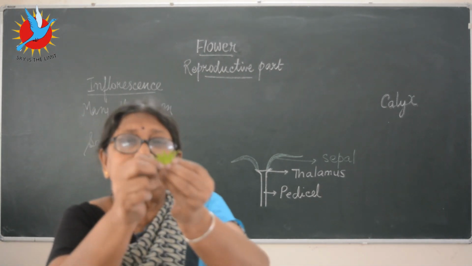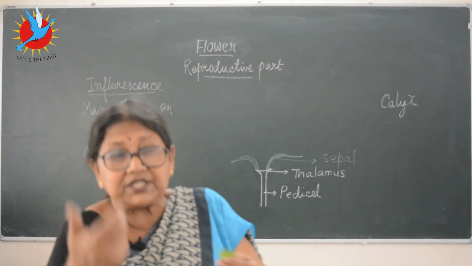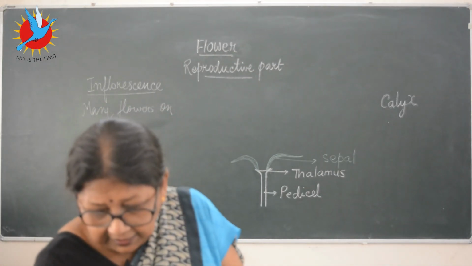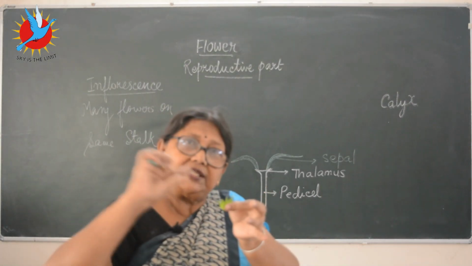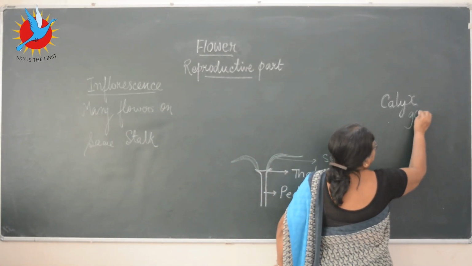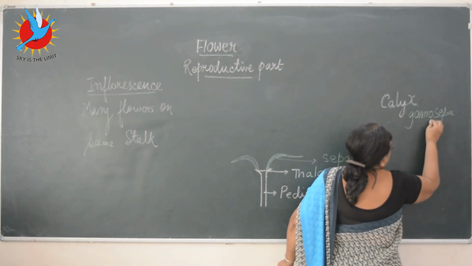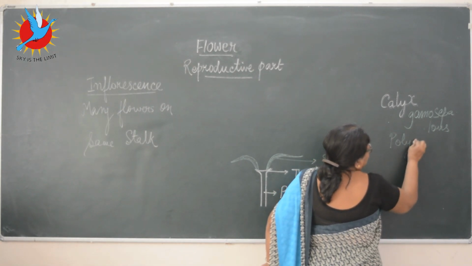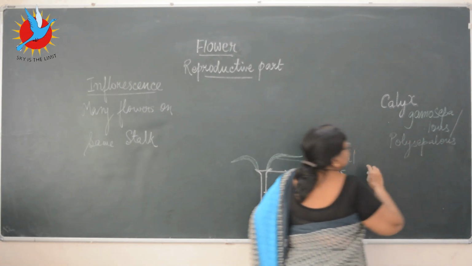Now you can see here the sepals are united, joined together. It may be united, but in the rose flower, it's too tiny, you can't see it here. But in the rose flower, you can see, because it's a very common flower, each one is separate. So that is 2 conditions are there. They will be either gamosepalous or polysepalous. What is the condition?